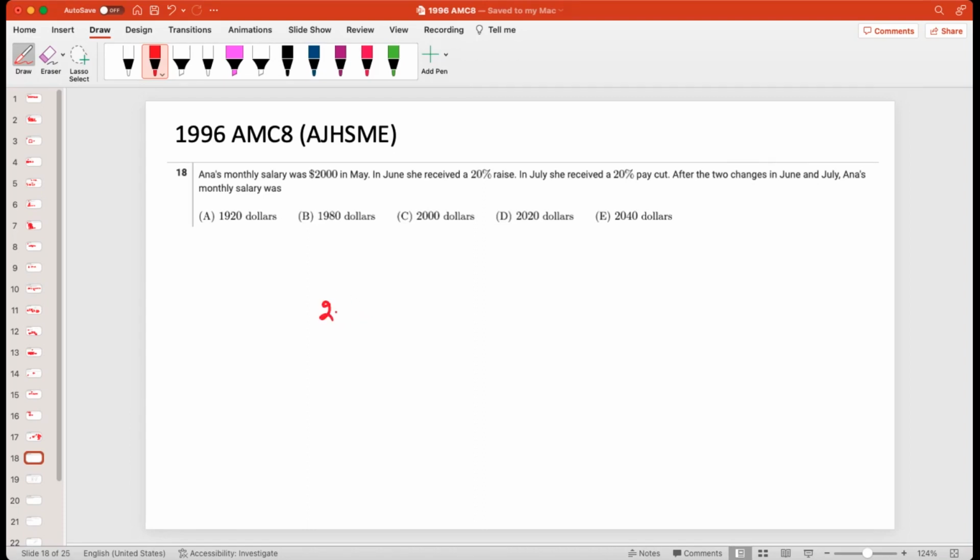Okay, so I have 2000. I'm going to get a 20% raise, so multiplied by 1.2. Of the result, I get a 20% pay cut, so this is going to be 0.8. Correct? So I want the value of this. After the calculation, you'll see that the value is, let's check. It will be